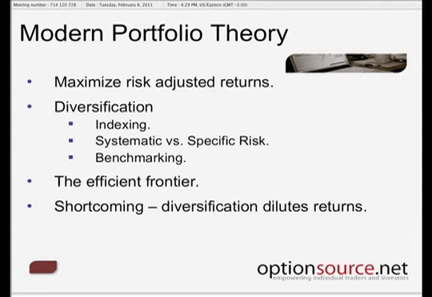Now, the first thing I always want to start off with is talking about modern portfolio theory. Just one quick little slide on that. The reason I would touch on that is because ETFs exist because of modern portfolio theory. For about 2 generations, MPT has created models to maximize risk-adjusted returns, and that's where diversification truly came into existence. That created indexing, benchmarking, and the attempt to remove specific risk and only be exposed to the systematic risk of the broader markets.